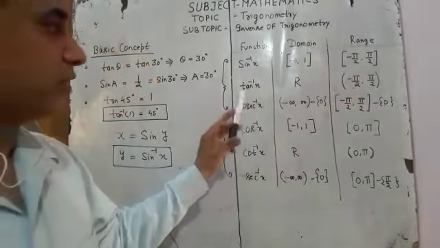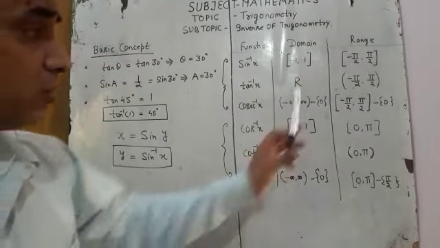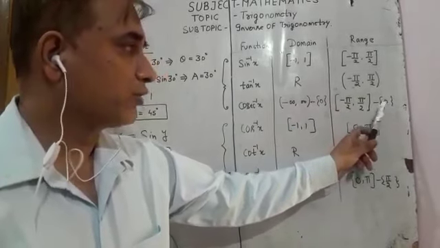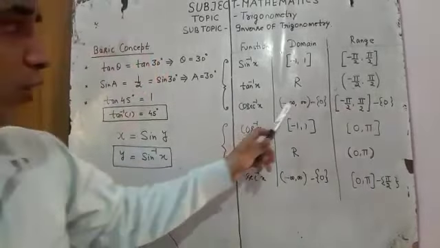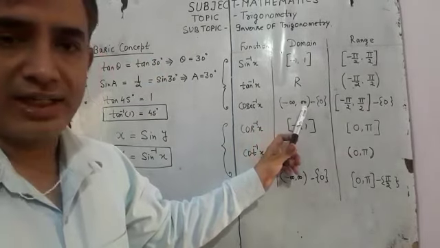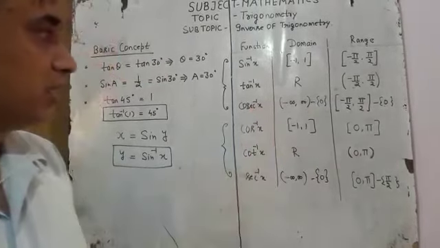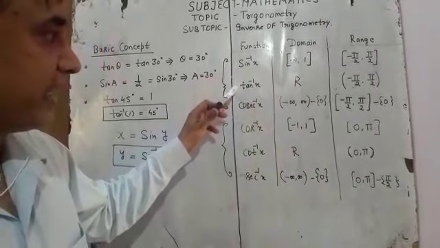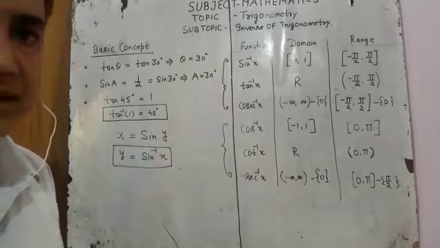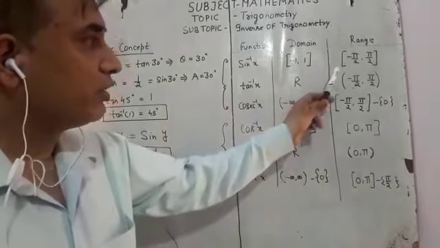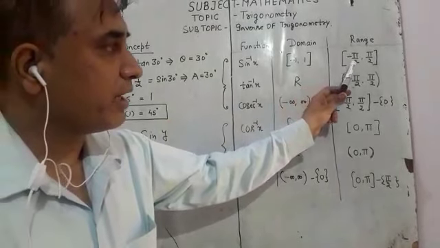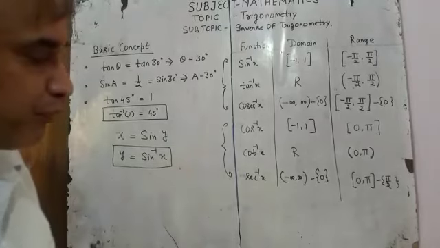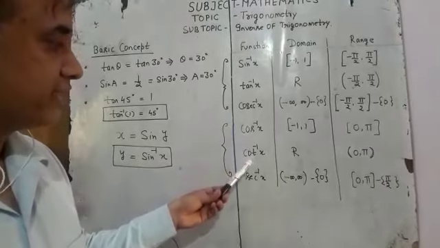Now let's see the cos inverse x. The range will be minus pi by 2 to pi by 2, but 0 is not included in it. So we minus 0. If we focus on the domain, it will be minus infinite to infinite, but 0 is not included. Now we see that all three functions, sin inverse x, tan inverse x and cos inverse x, we put in the same category, because all the values of range lie between minus pi by 2 and pi by 2.